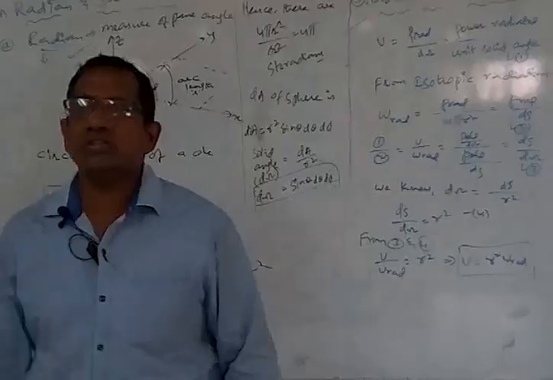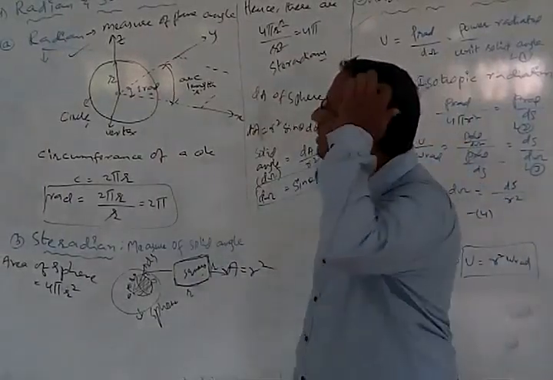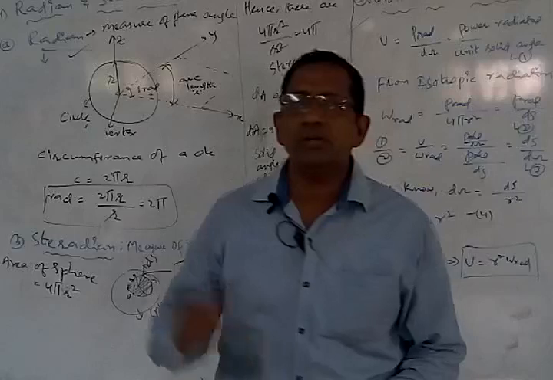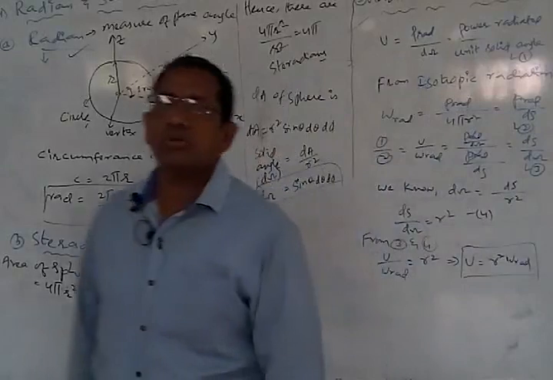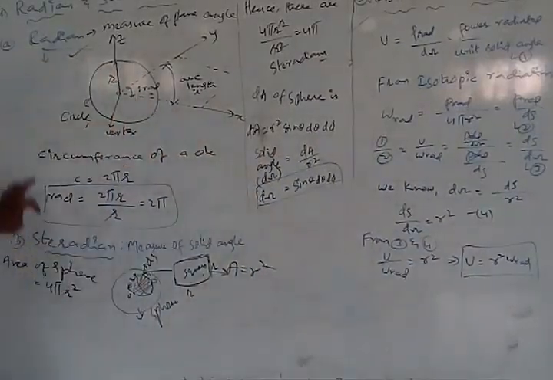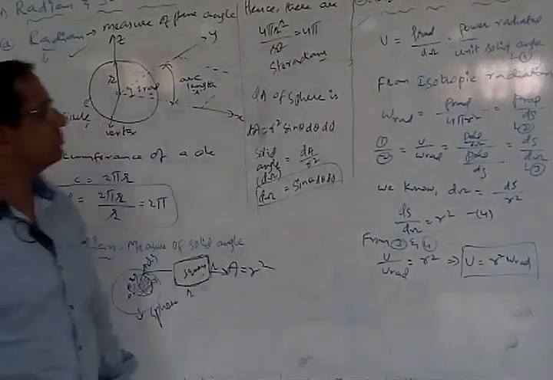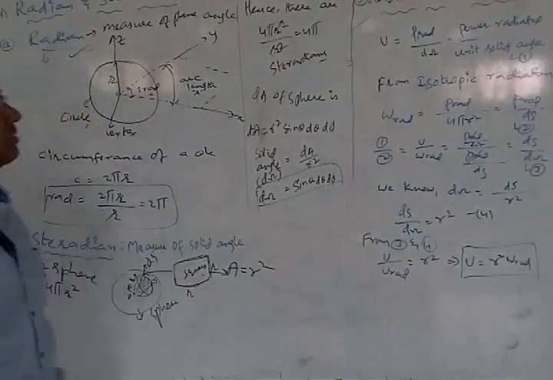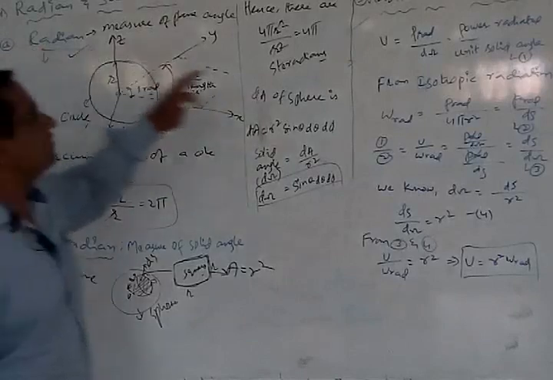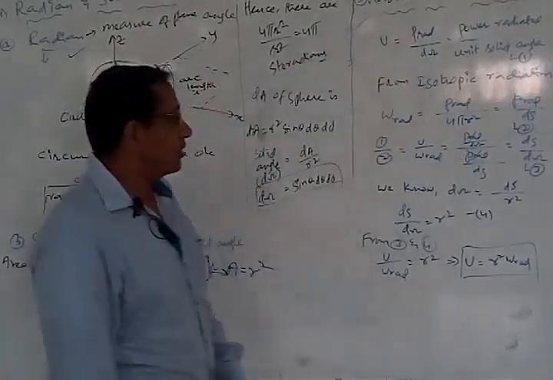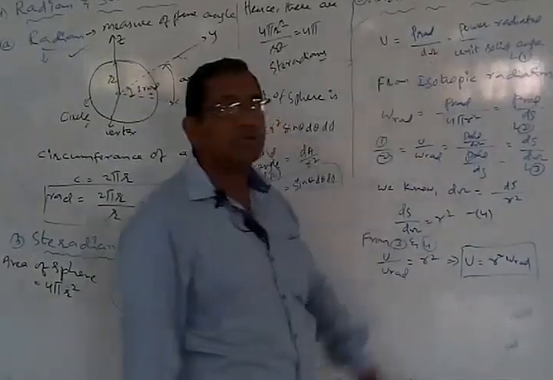So in this session we discussed four important points. The first point is the structure of the radiation pattern. Then we discussed isotropic antennas, power radiation by an isotropic antenna. Then we discussed radian and steradian, and then we discussed radiation intensity. So radiation intensity is defined with respect to the unit solid angle.